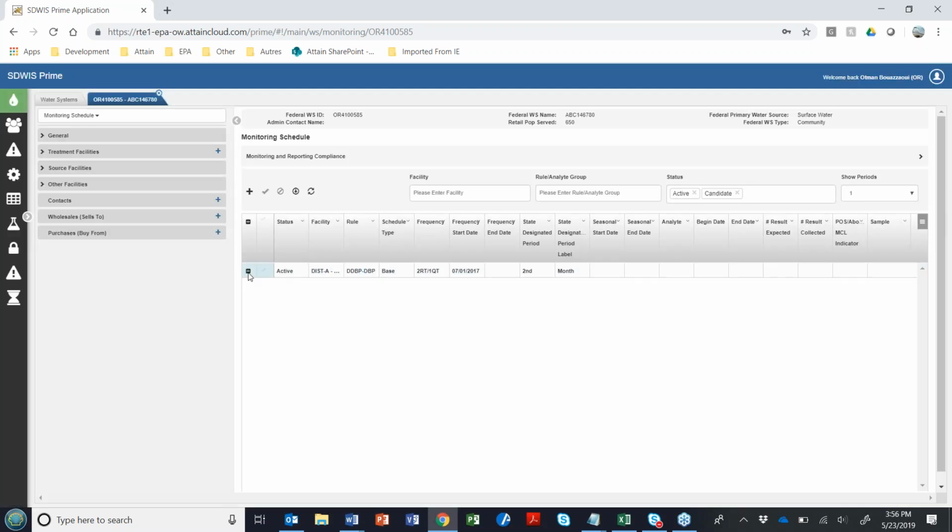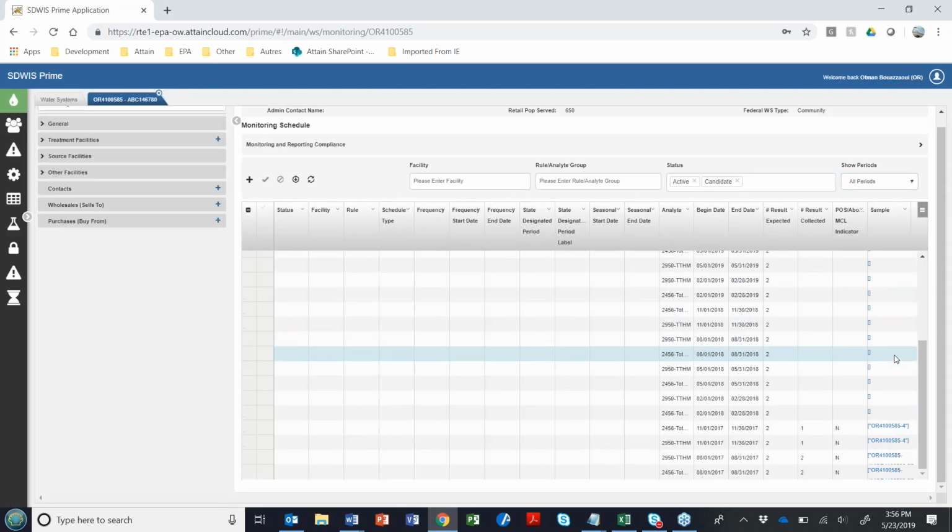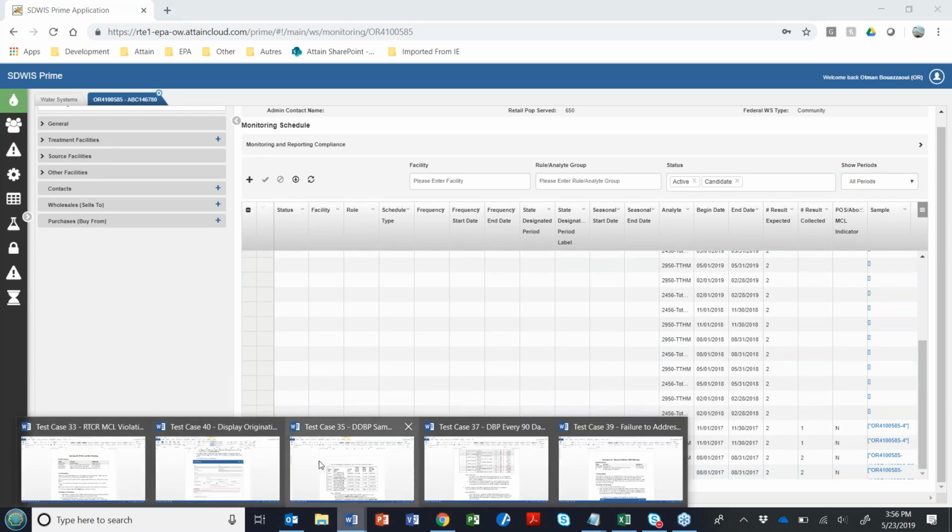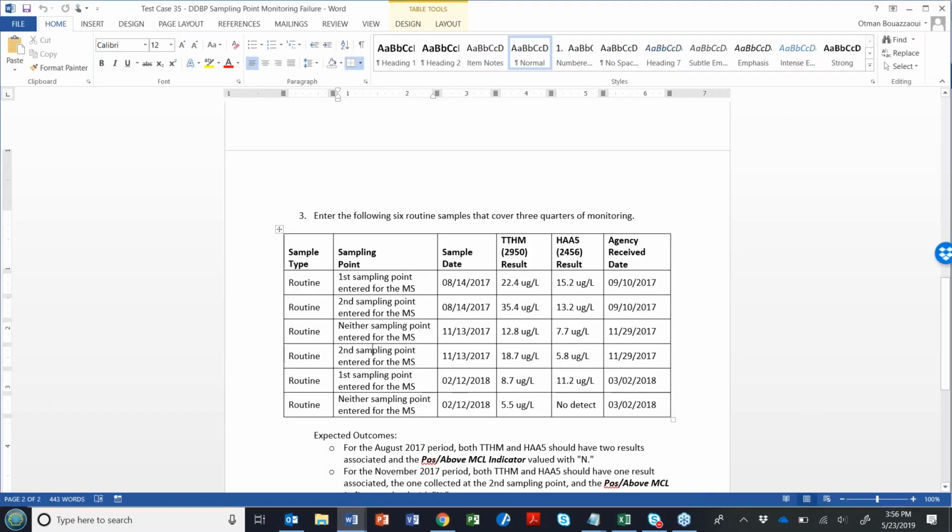And what I did in addition to that is that I added the first 4 samples that you see in the test case document. So if I go back to the test case here, test case 35, I entered these 2 for the third quarter of 2017. And you can see that they were collected at the right location specified by the monitoring schedule.